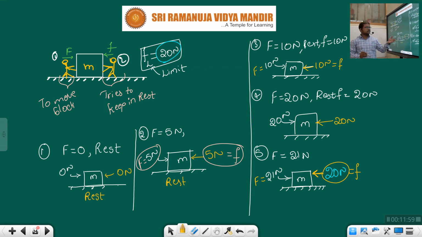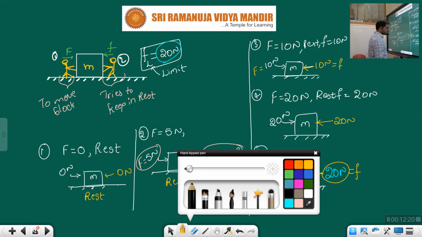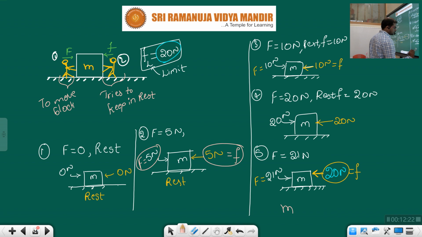Okay, if you see, on one side it is 21, on the other side it is 20, which means the forces are not balanced; unbalanced forces are acting on it. On one side the force is more, on the other side less, so obviously the block will move. Children, so the block will no longer be in rest condition, it will be in motion now. Okay, now the block came into motion. Is this clear, children?